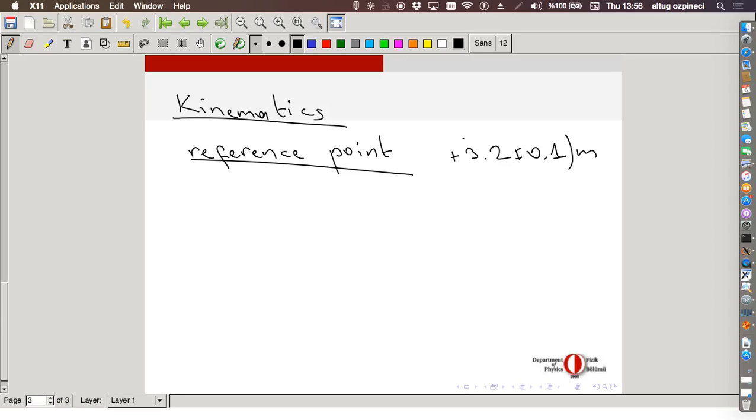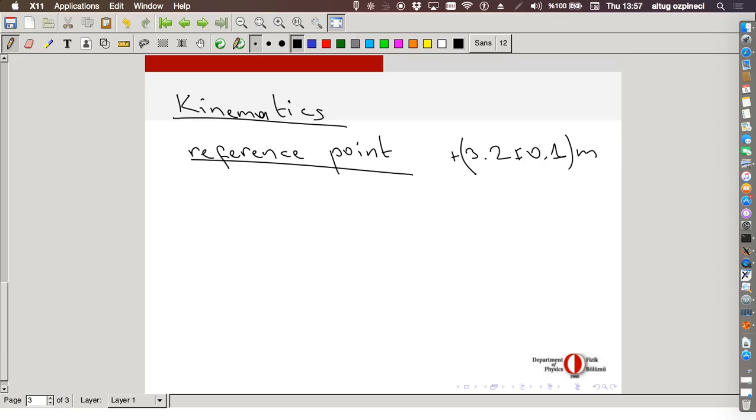Okay, so there are a few things. Every measurement has the error bars. In this course we will be most of the time using symbols, so we won't be bothering with the error bars too much, but just keep in mind that every measurement has the error bars. You have to know the error bars of your measurement. Otherwise it won't have any meaning.